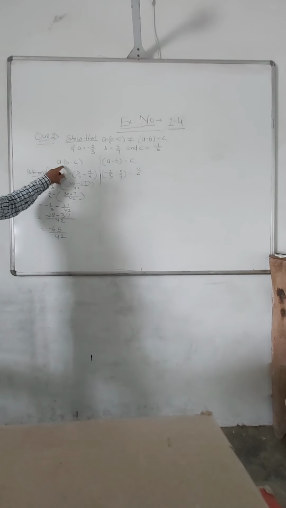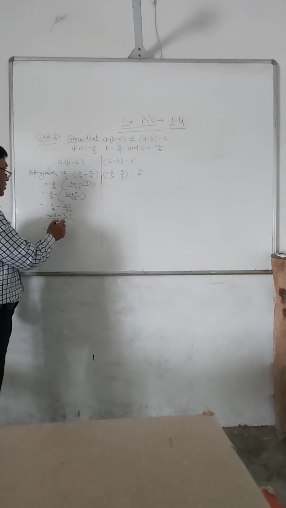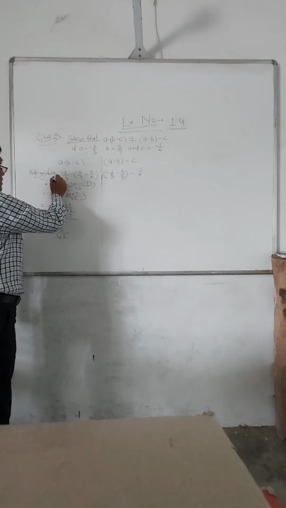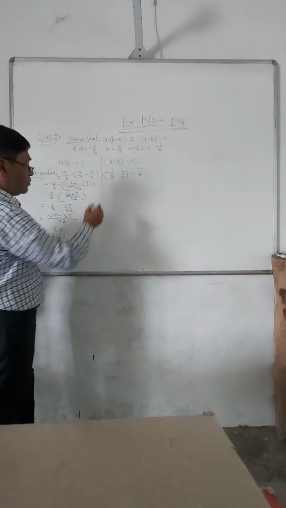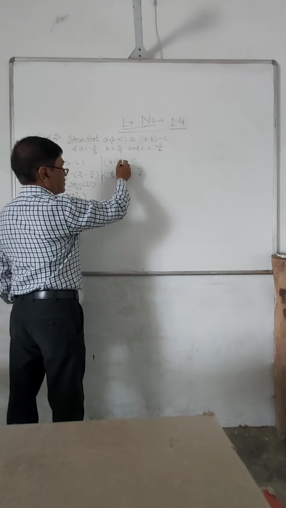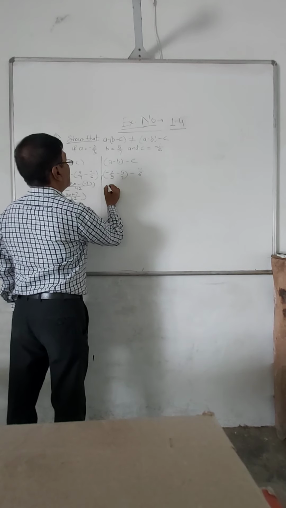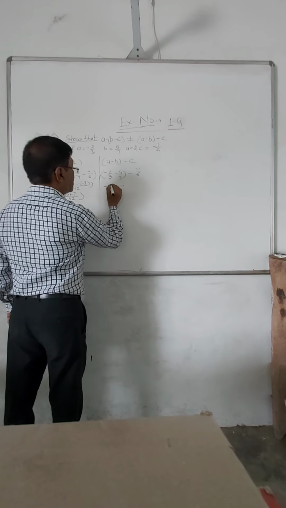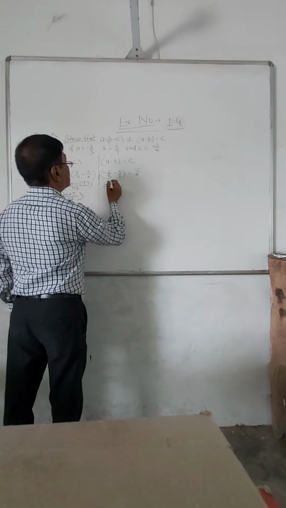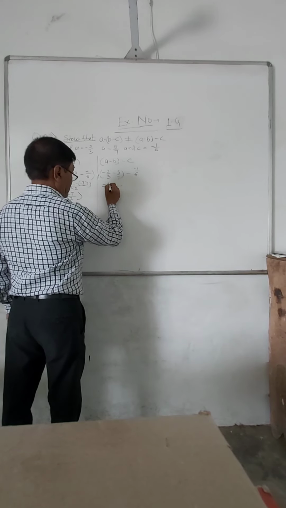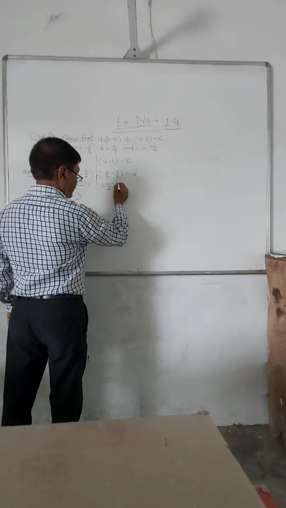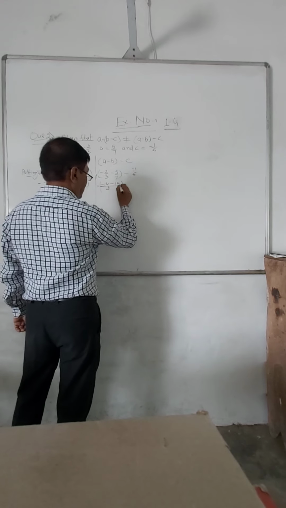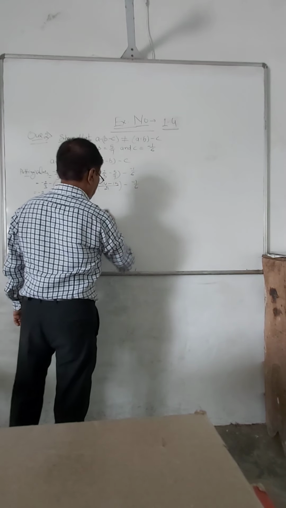So A minus B minus C, the value is coming this much. A minus B, this is the value. Now this side you solve A minus B minus C. This also you solve. First write the LCM of 3 and 7, 21 minus 14 minus 15. So it is coming in bracket minus 1 by 6.